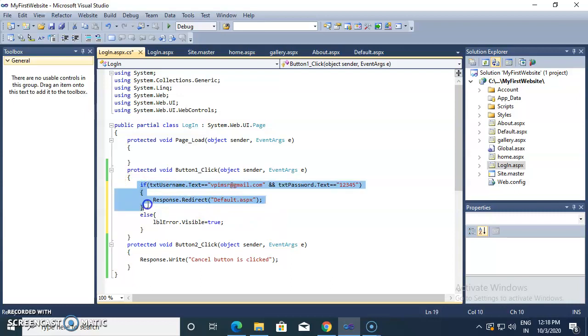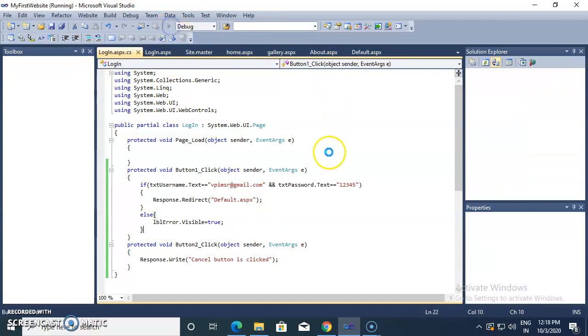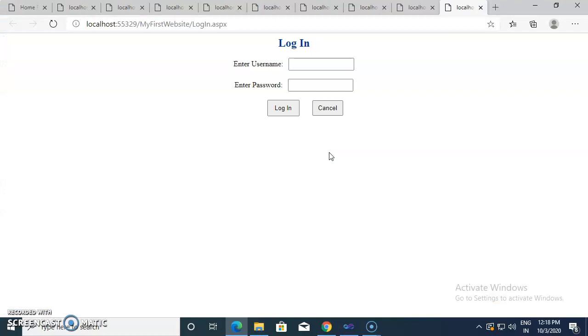So this is the conditional statement if else. If the user gives the username as vpimsr@gmail.com and password as 12345, then we go towards the home page. Otherwise this label will be displayed like this. So if I run this program and give some wrong values and click on login, then the error message, invalid username or password, will be displayed.